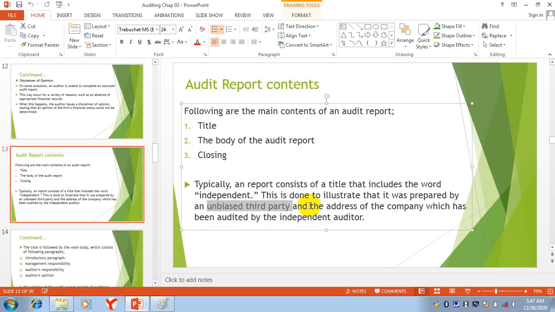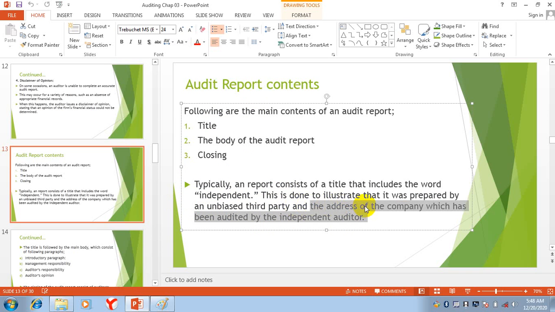And the second thing that will be included is the address of the company which has been audited by the independent auditor. So two things will be included in the title. The first thing is the name of the independent auditor, that this audit is conducted by an unbiased third party.